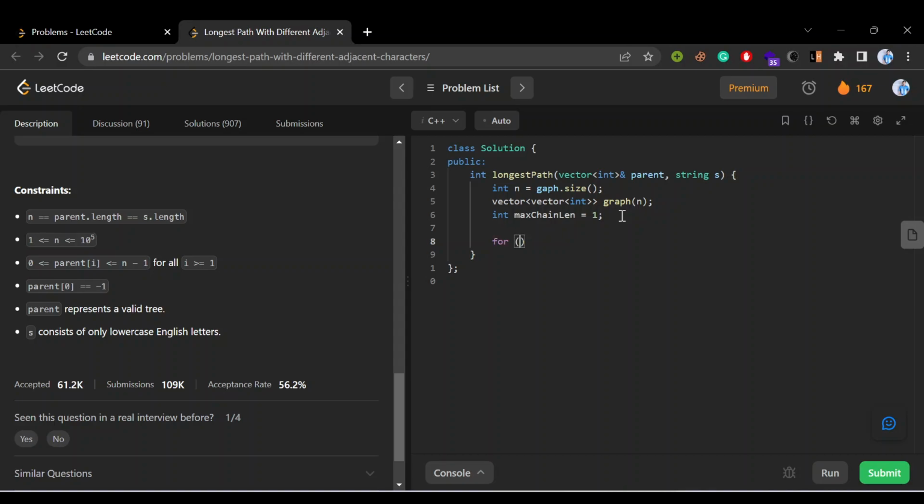Now we need to create a graph, so I will say int I is equal to, well, we don't have to give I is equal to 0. Why is it so? Because 0th parent will be 0 itself, or we don't need to have -1, and we are not going to start a traversal from any node that is parent of 0, because there is no node that is parent of 0. So we can start with I is equal to 1 and I is less than n, I plus plus. Then I will say graph of parent of I